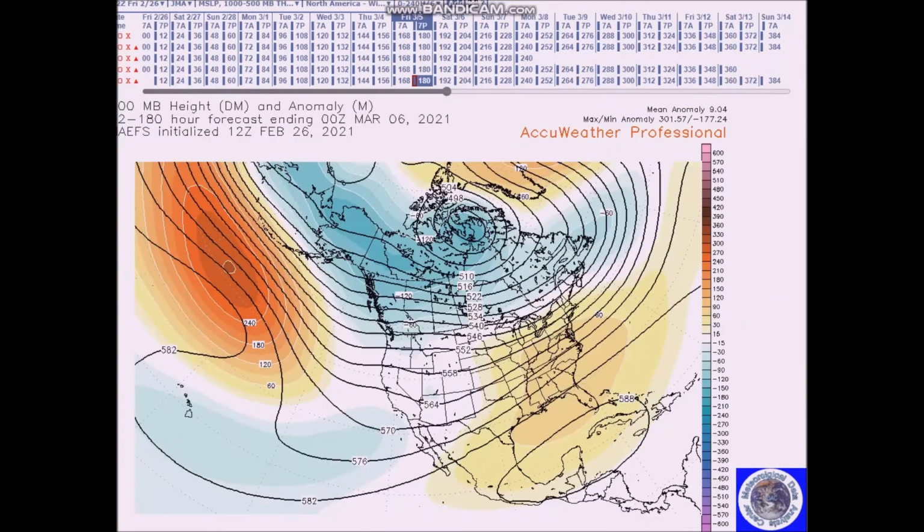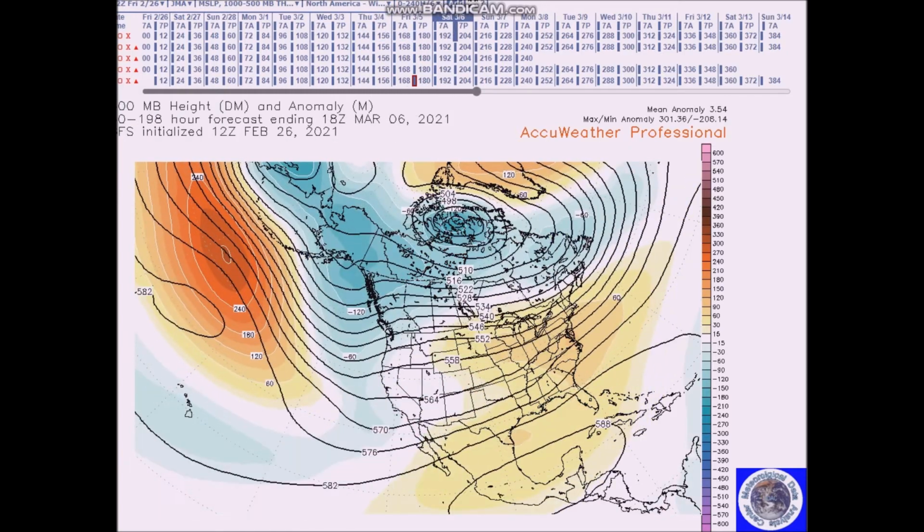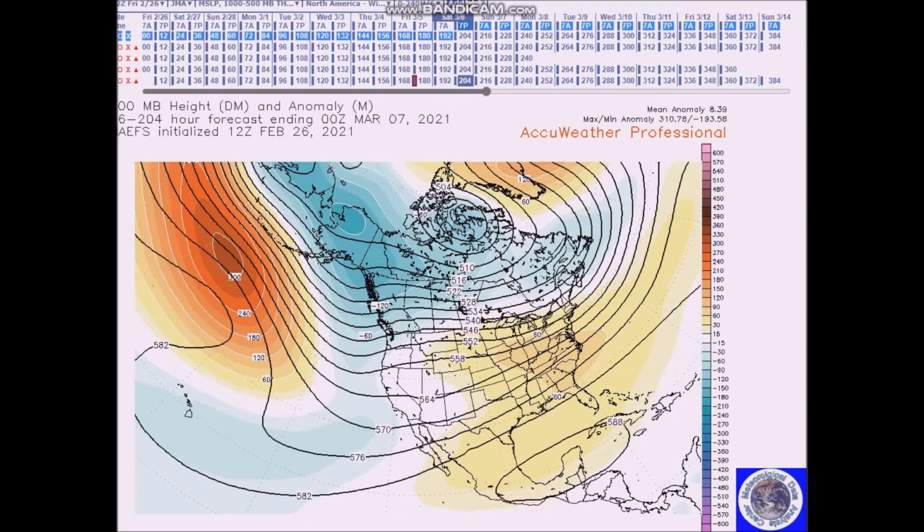Also, now we're going to look at the period for March 6th to the 10th. And we still have a zone of flow. However, the height anomalies remain the same. We have a ridge here near the Aleutians, also Caribbean and the Gulf of Mexico. But this is interesting here. There's a return of positive height anomalies near Greenland, upper low here.